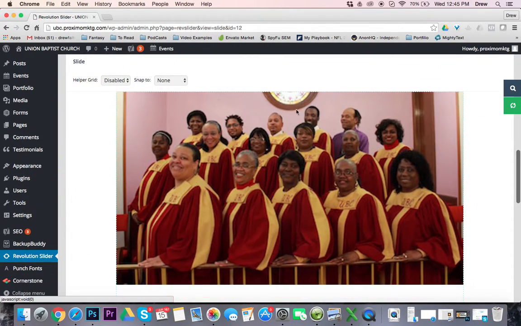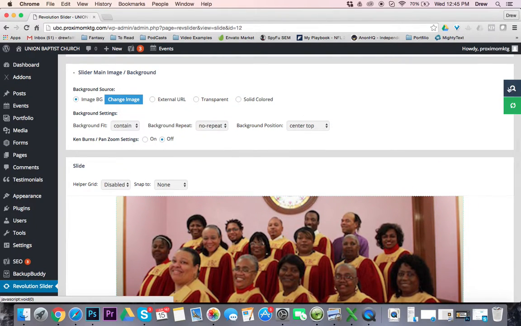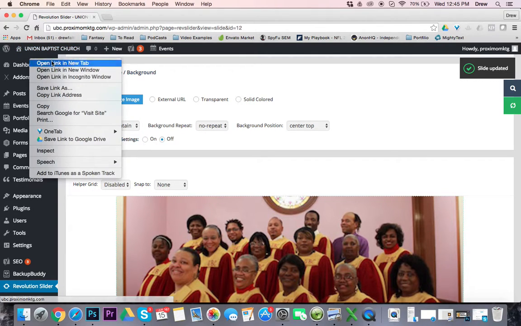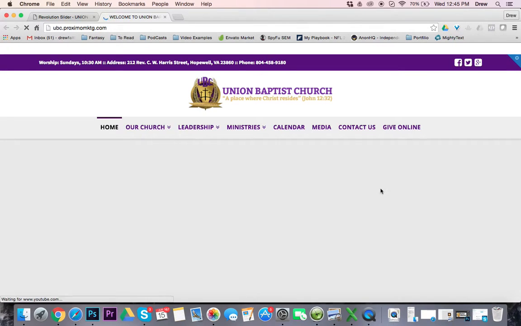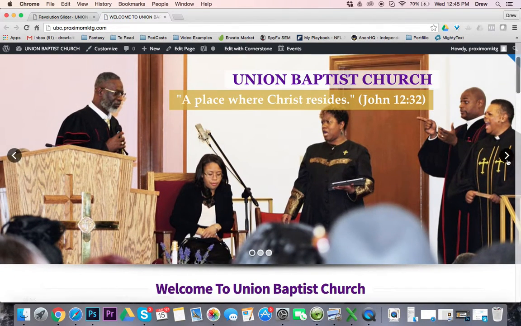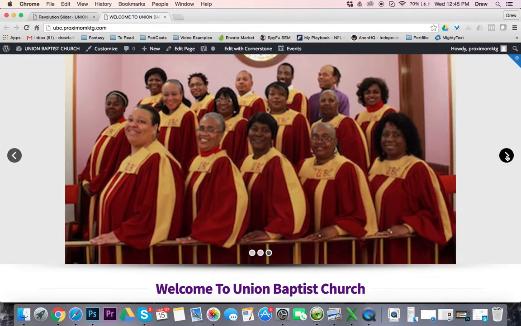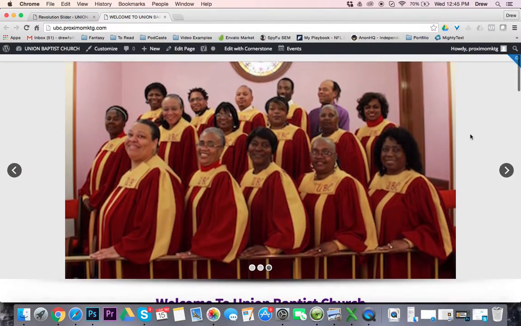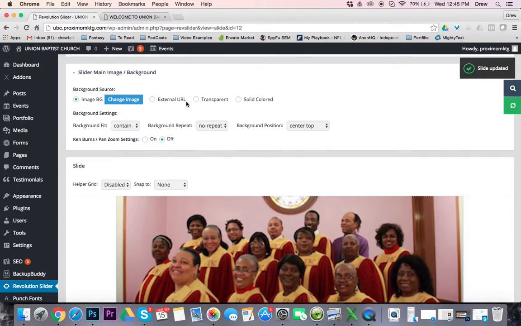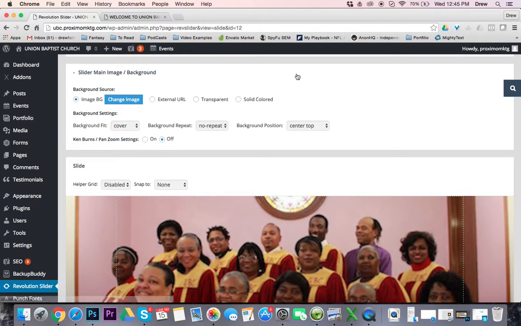And so that will give you a nice little preview here of the slider. And then once you're happy with that, you can save it. And I always like to open this up in a new tab so I can view it live. We'll slide through and there's your image. So that's the image under contain. So if we change this to cover and refresh it,